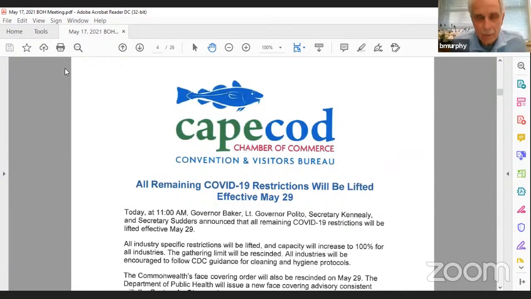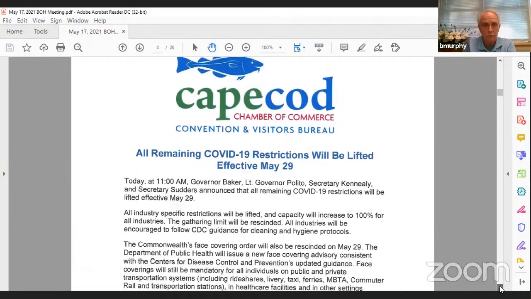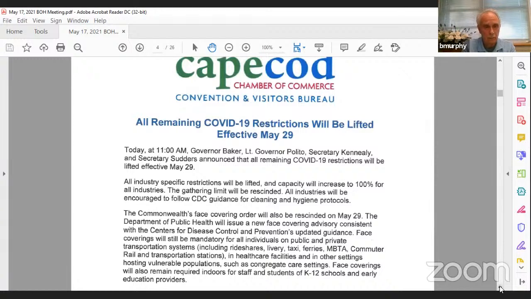Okay, board members, just to bring you up to date, effective today, 11 a.m., Governor Baker made an announcement on the reopening and lifting all restrictions effective the end of the month, May 29th, before Memorial Day. So I just wanted to get that out there first. The restrictions, if you want to scroll down a little bit, Erica: the face covering is rescinded.